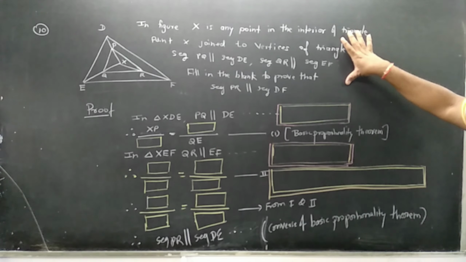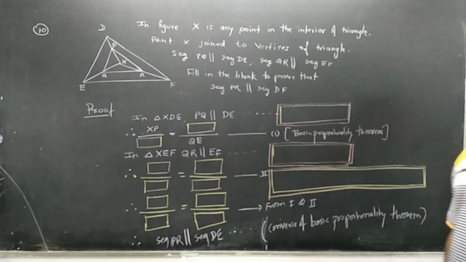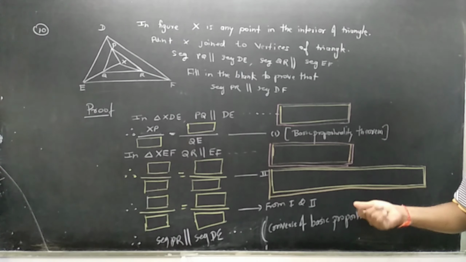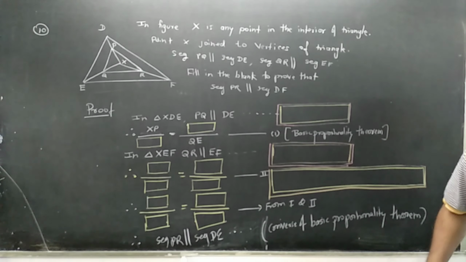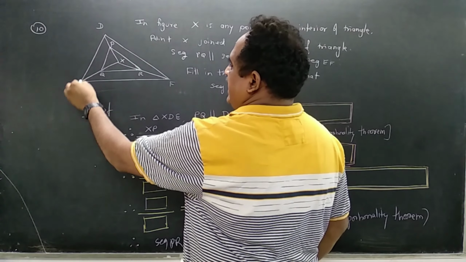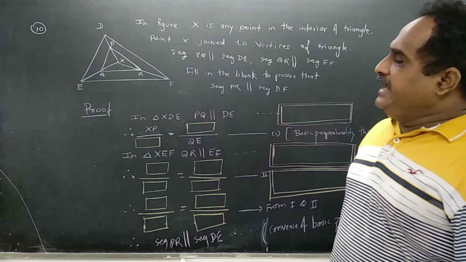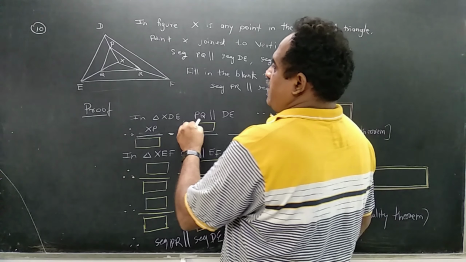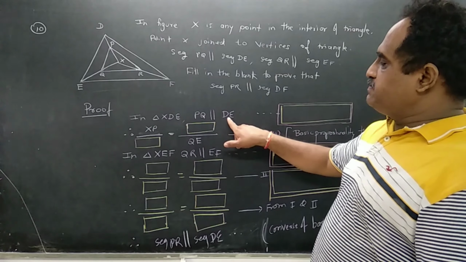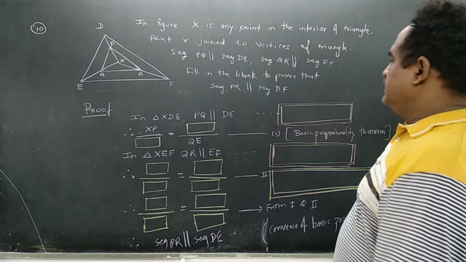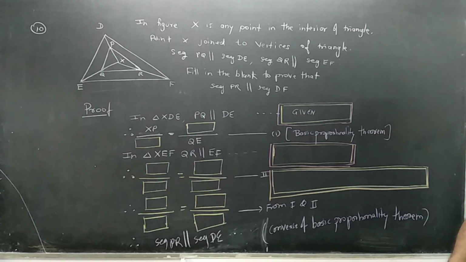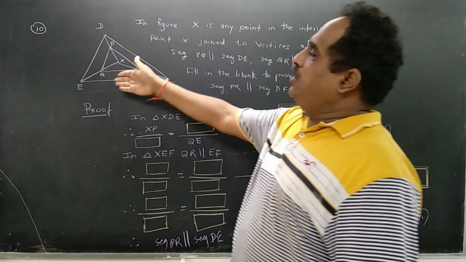So this type will be there. The answers will be in front of us, but if we have proper knowledge, then this question becomes beneficial for us. Let's see, if we know the other things, then these questions are actually very easy. They have given XDE, the triangle we are going to consider. In that XDE, PQ is parallel to DE. How do you come to know? The reason is given. That's why we know that PQ is parallel to DE.